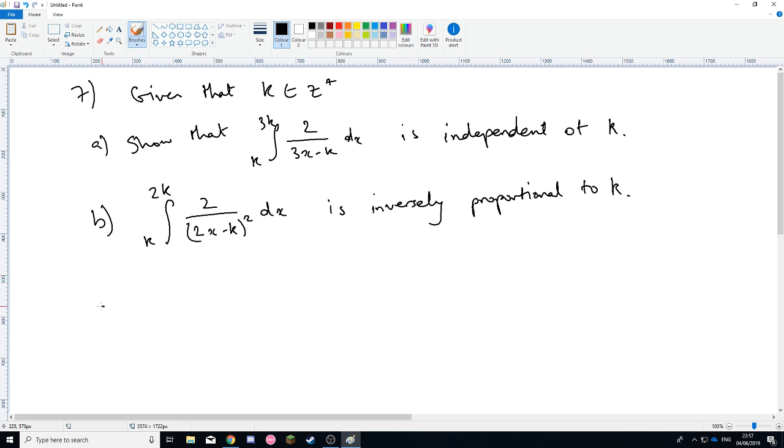Okay, so part A. Go through by parts and substitution. Okay, sure. Okay, this has a bit of substitution in it, and then by parts I'll look at later. So part A,